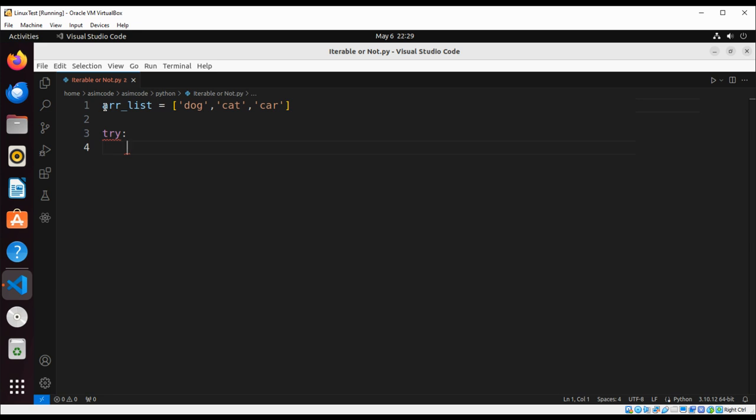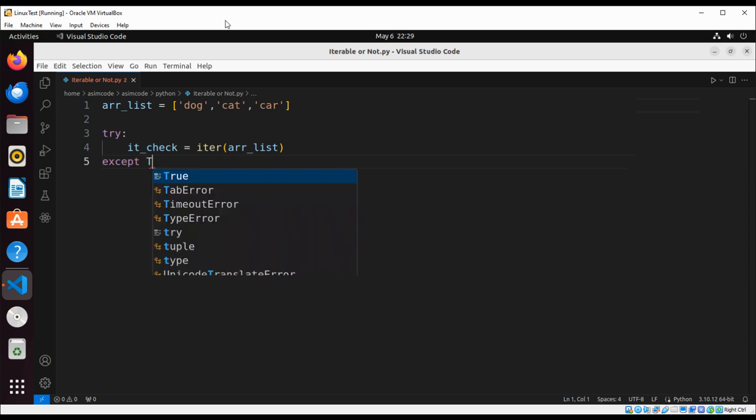So this will be iter check the return value, and we are going to call iter and pass in our list object, and we are going to check if it is iterable. If there is exception thrown, we are going to catch it over here